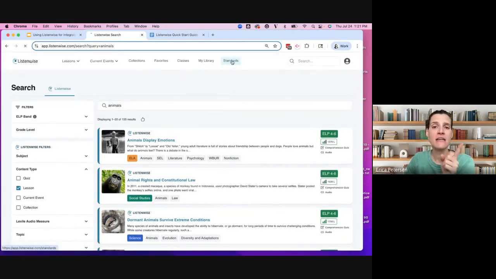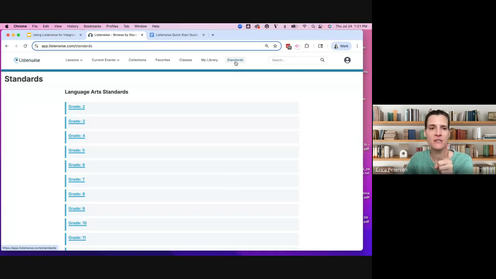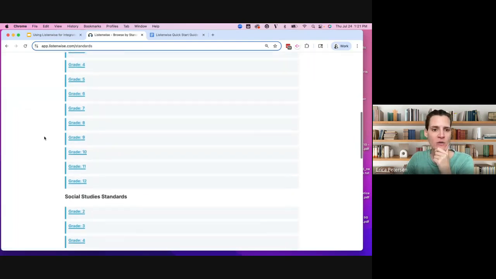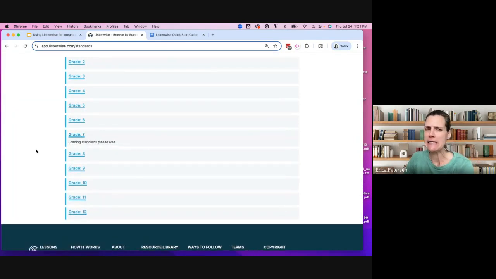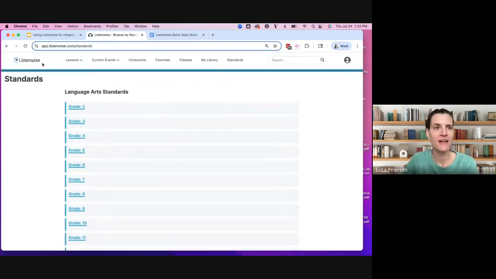Last but not least, standards alignment. So come to the standards page. Let's go down to the EL standards. I'll just open up 7th grade. It takes a second to load, so we'll see how this goes. It can actually take forever. Sometimes it has to pull all this information. But after a few seconds, it will load, and then you can see specific standards and what aligns to them. Okay. We'll come back. I feel like we're having tech difficulties today, but we're making the most of it.